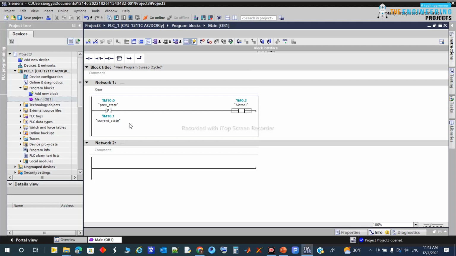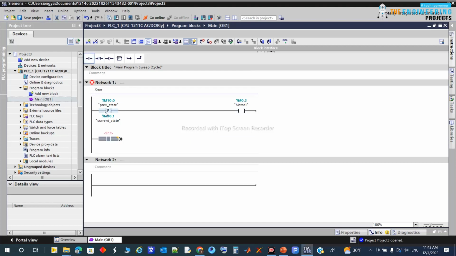So now it's like changing from when pressing. When you're pressing, that means you're changing from high to low. So it will instantly run this motor, but it will stop. It's not continuous. So to recognize this, I just make something smart in another rung like this, and make this one